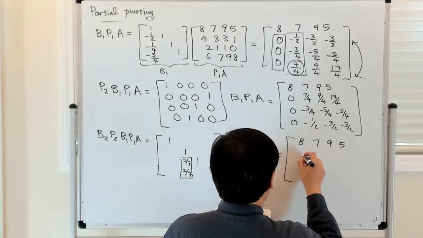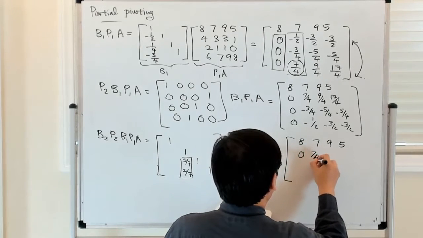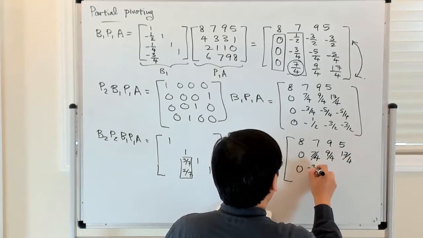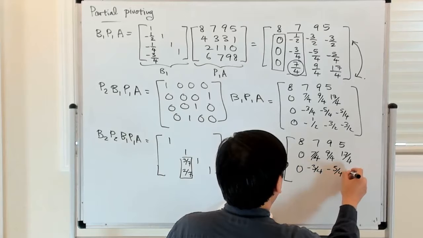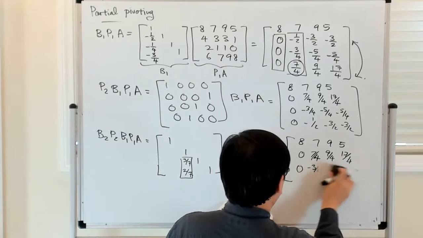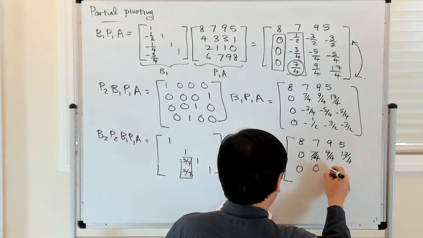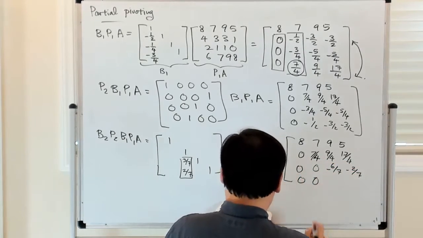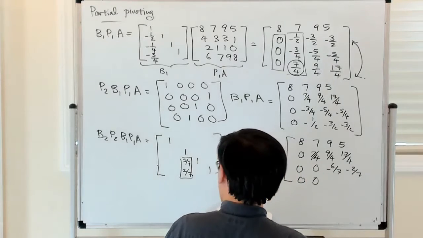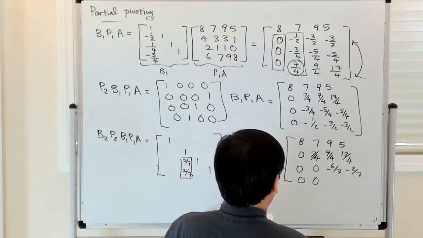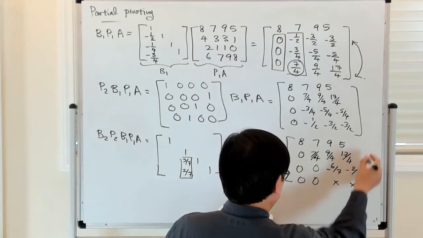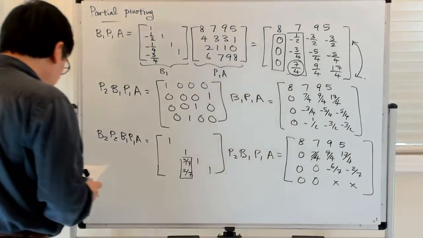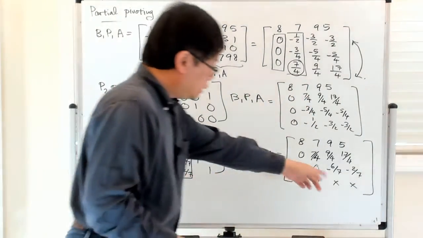8795, 0, 7 over 4, 9 over 4, 17 over 4, 0, so 0, minus 6 over 7, minus 2 over 7, 0, 0, all right, there's some entries which I don't quite know yet. Okay, anyhow, after everything's said and done, you do one more step,